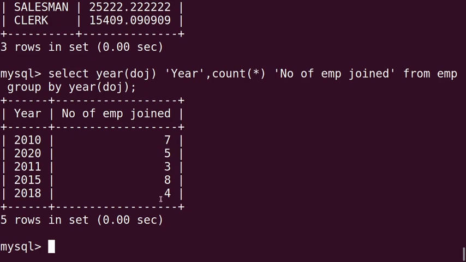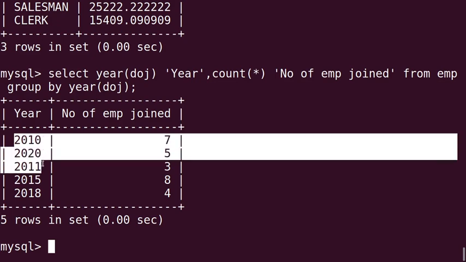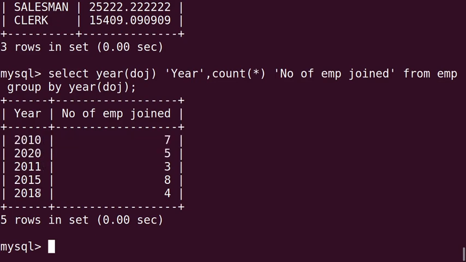So here all the records of the table will be grouped as per the year of date of joining. As 5 years are present in the table, the whole table records will be divided into 5 groups, and in the output we are getting 5 lines: 1, 2, 3, 4 and 5. Next query.